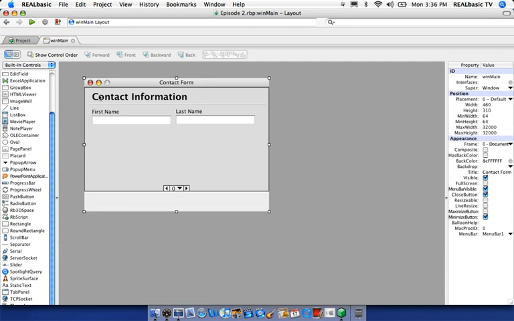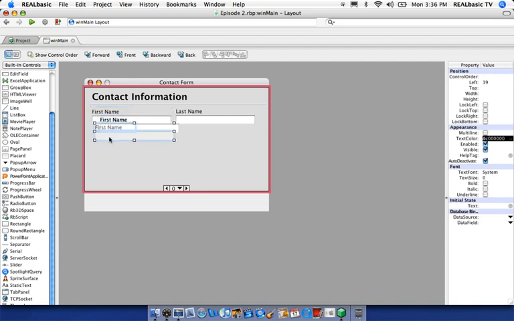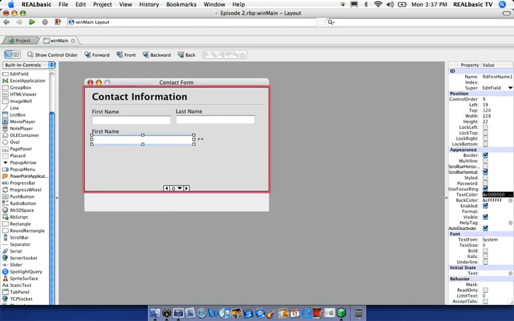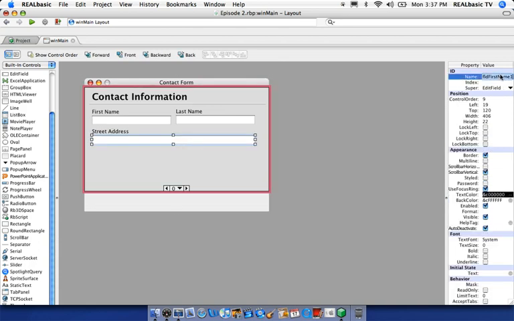We're going to want to add about 7 more edit fields in here. So I'm just going to copy and paste all these just like that. Now we're going to want to make this the street address. Since people's street addresses could be longer, they could be shorter, we're going to want to have this a pretty long edit field. So I'm going to go ahead and select this one and stretch it all the way across the window, right about there. And we're going to change this static text to street address and hit enter or return to set that. And then we're going to change this edit field here to field street address